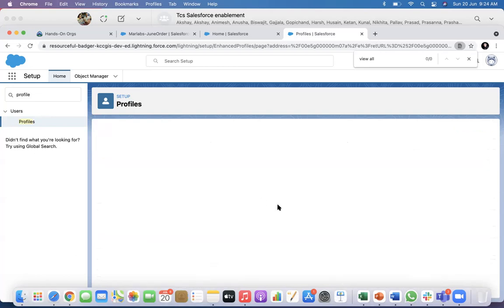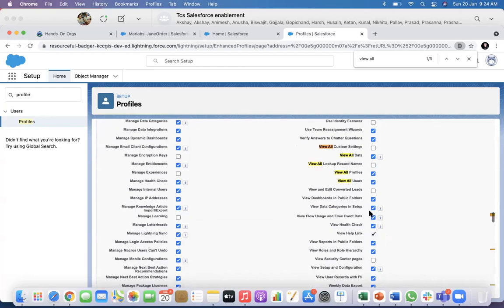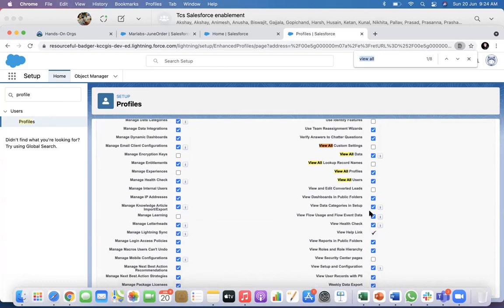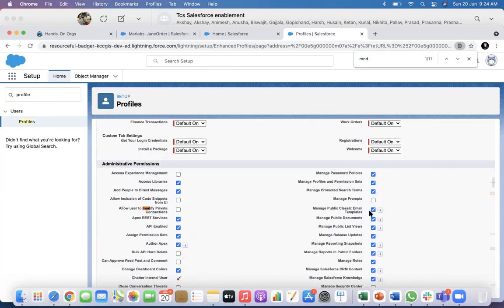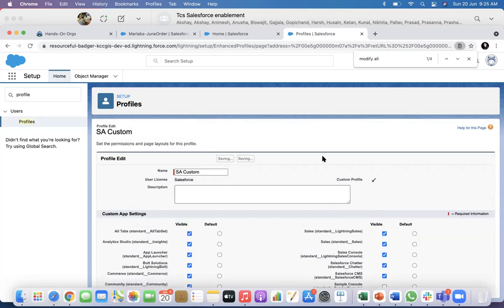If you change this to modify all now, it's not that you can take out some. So now I give modify all permission, right? And I save it.